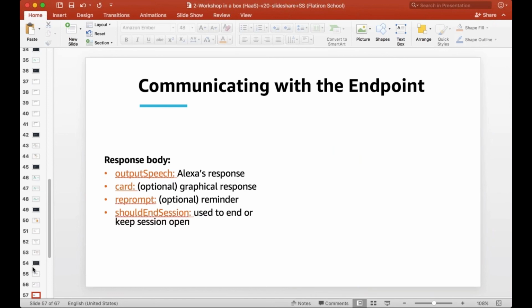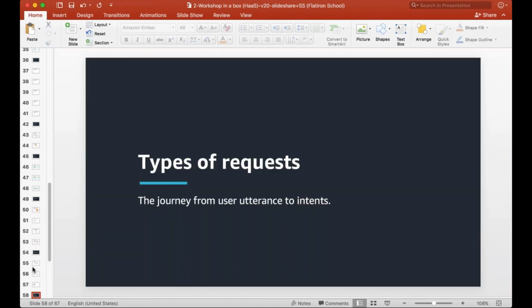And then when you're responding via the response, you will see an output speech, a card, which is an optional response that you want to send back to the card. If you want some kind of reprompt to be included, so if the user does not respond or responds back with something that your skill did not understand, you can include a reprompt. So Alexa will reprompt once with that message, and if the user responds back, then your skill can act accordingly. If not, the session ends then.